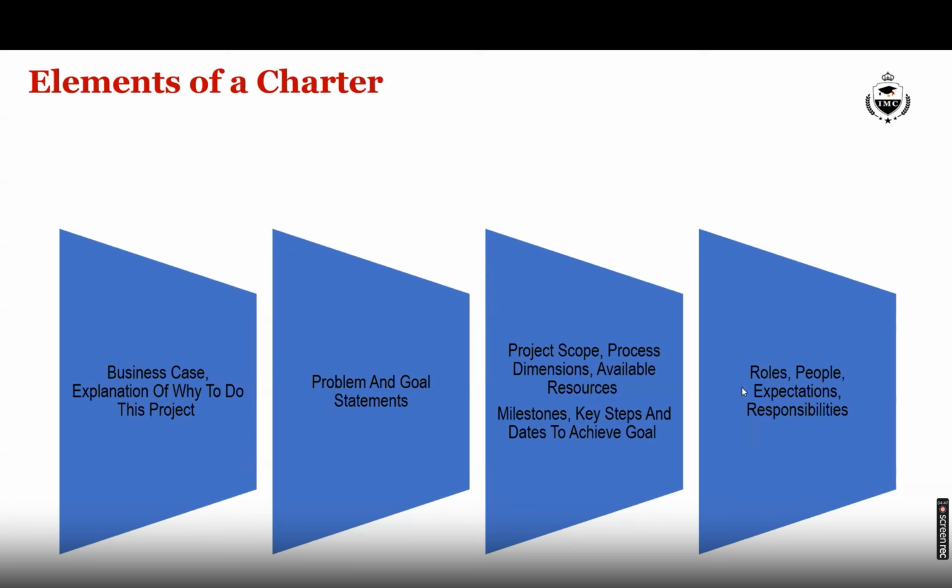The last block talks about roles, people, expectations, and responsibilities. Now, a Six Sigma project is not a single person's job. It is a team effort. Ideally, a green belt or a black belt will lead and execute a Six Sigma project till completion, but there will be other people, who could be yellow belt certified or team members who are aware of the Six Sigma terms and terminologies. They will be working as team members from different cross-functional departments as applicable to help the green belt to complete that project.